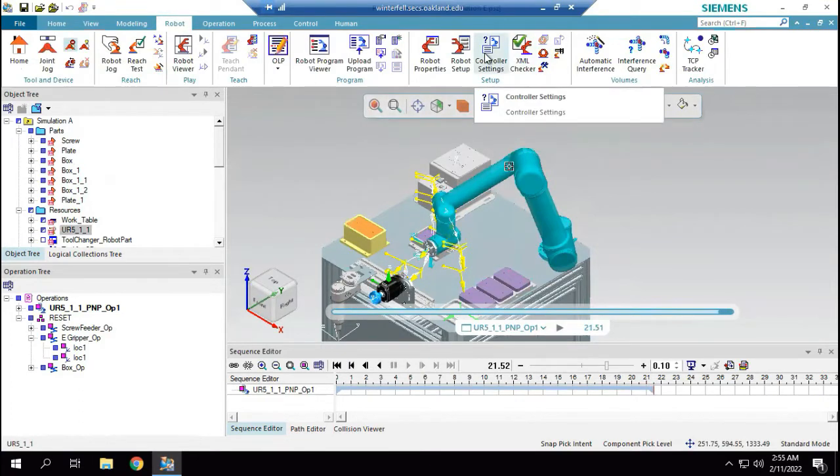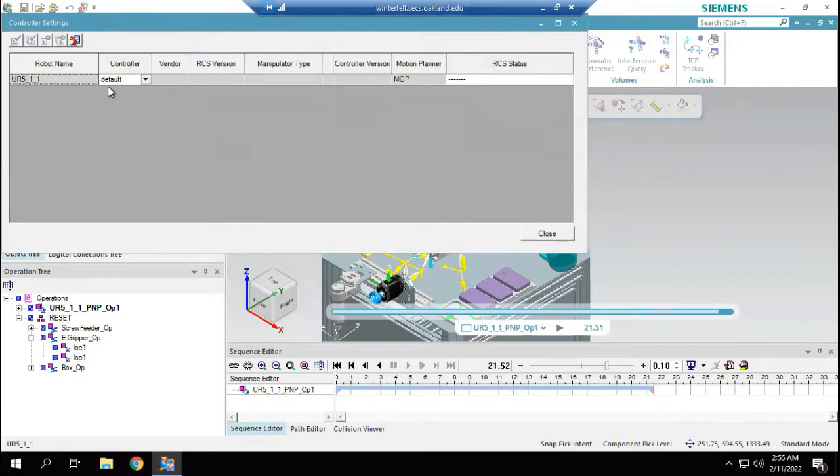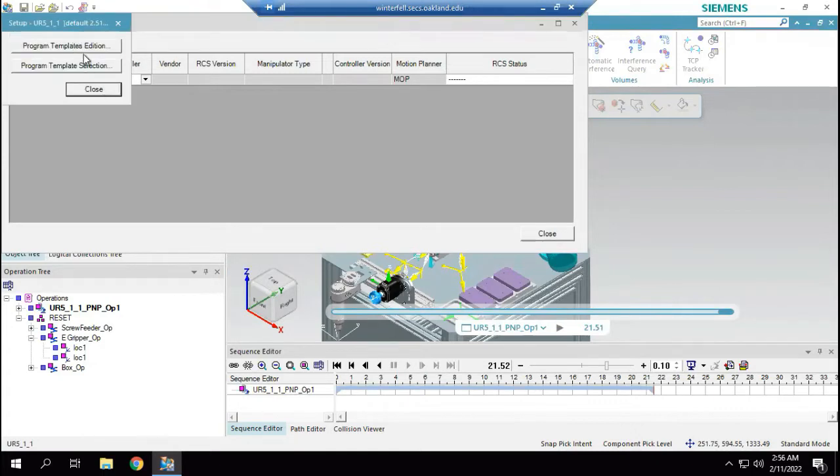In the last class, I had told you that it is very important to define the robot controller for any robotic arm that you are using. So if you go to controller settings, by default it is default. And if you create a robot program with the default controller, it will most probably not work in your real robot. So